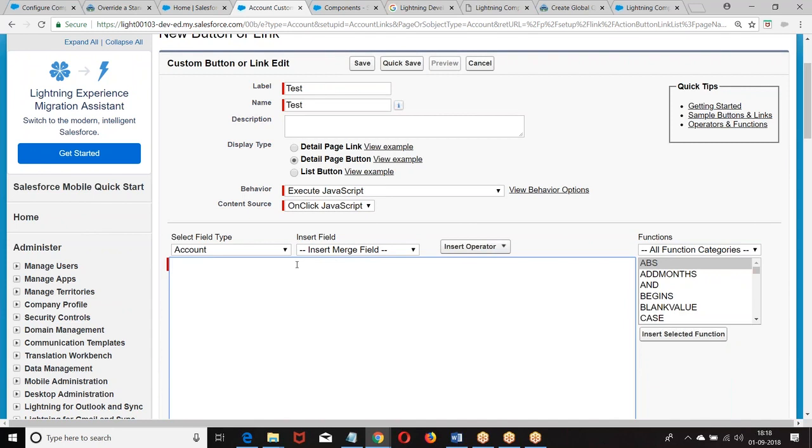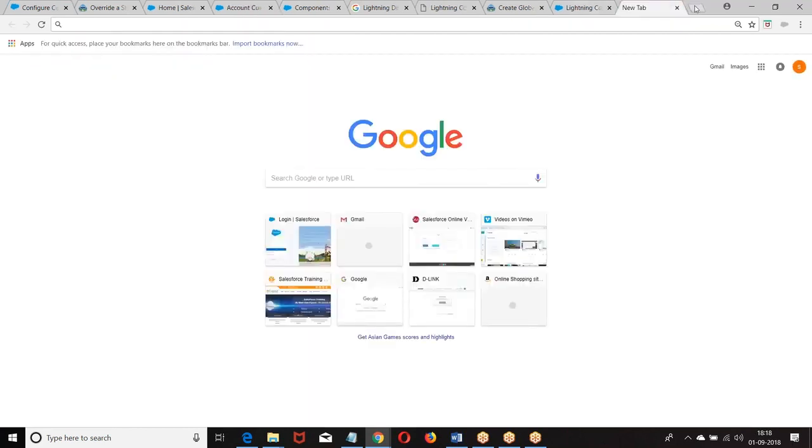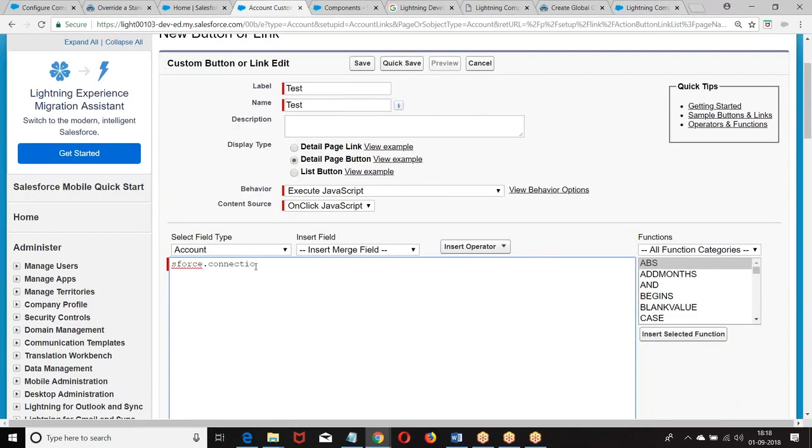In the Ajax toolkit, we have sforce.connection.login, sforce.connection.query, sforce.connection.update. We remember that functionality, right? That functionality I'll be defining here. So when I click on this button, I want to say sforce.connection. But before that, we need to give the session. Okay, let me not wait. That sforce.connection.